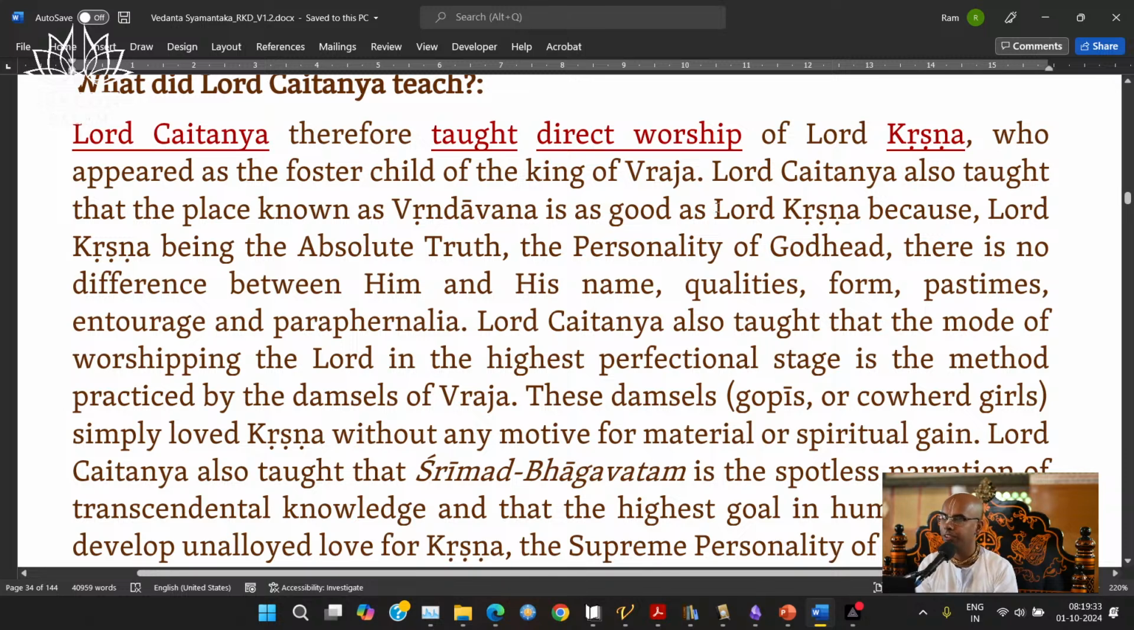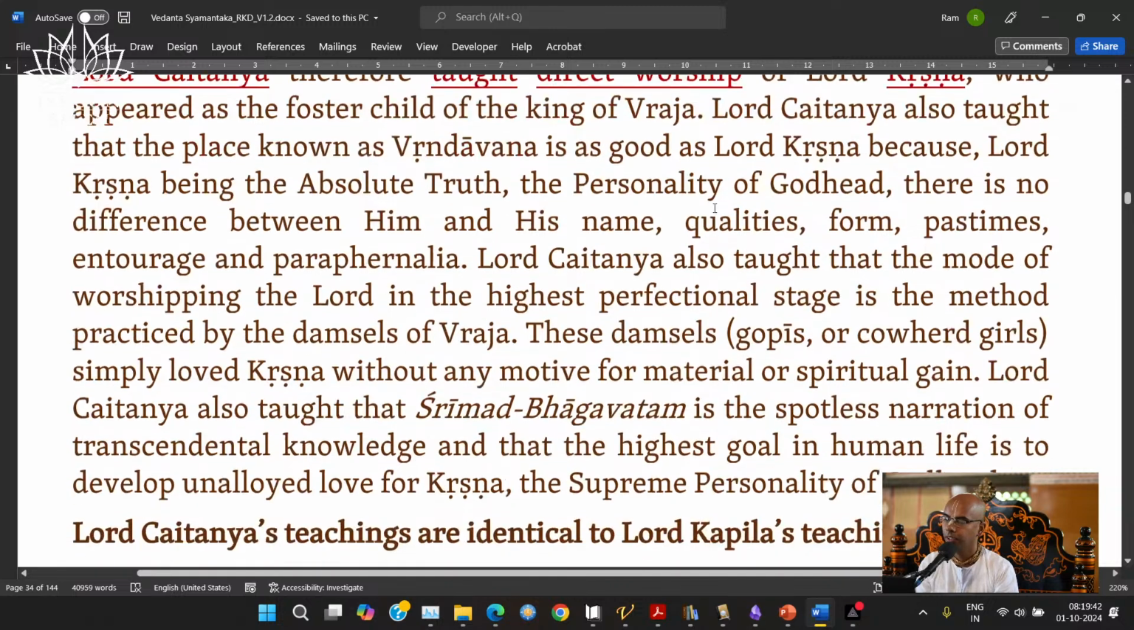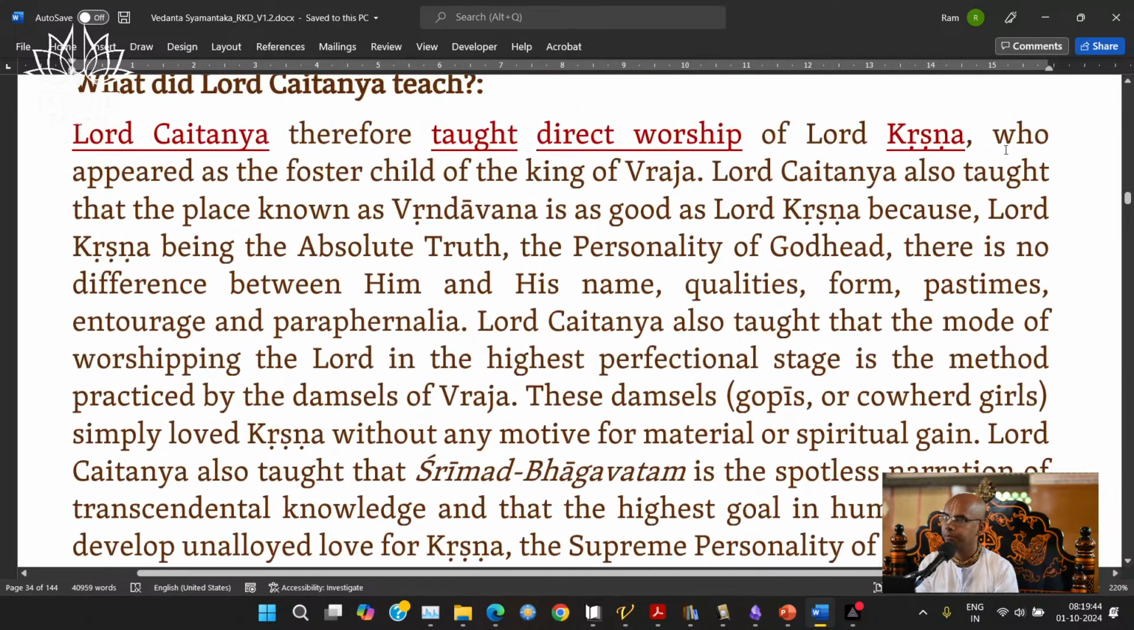I'm forgetting that verse, but this is a very famous verse which Srinath Chakravarti Thakur composed with respect to Chaitanya Mahaprabhu's appearance and his pastimes. So Srila Prabhupada writes, Krishna appeared as the foster child of the King of Braja. Lord Chaitanya also taught that the place known as Vrindavan is as good as Lord Krishna,